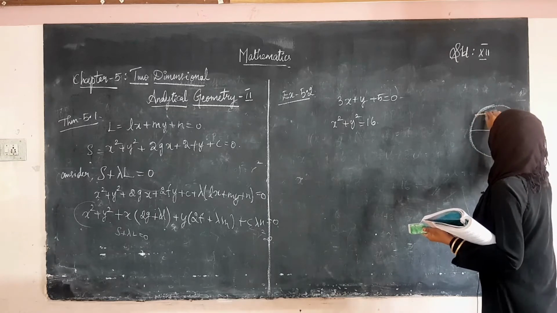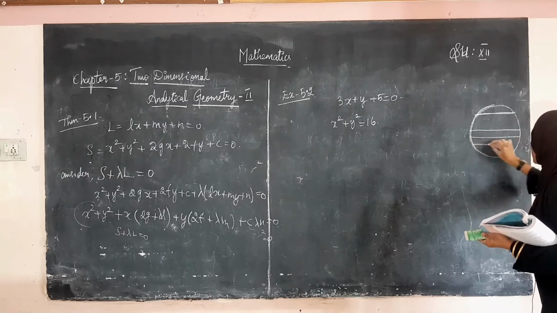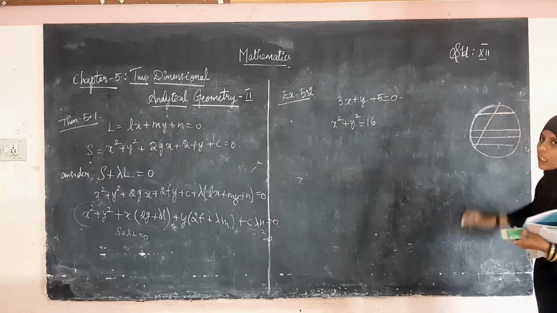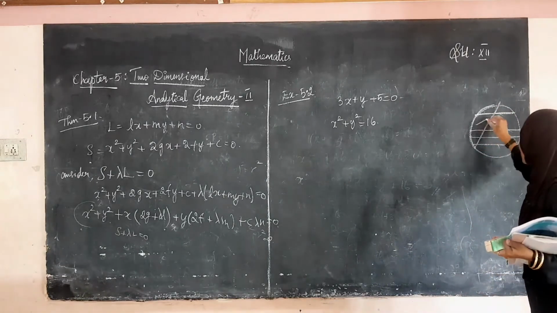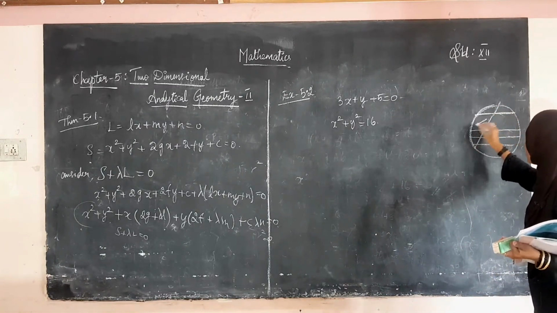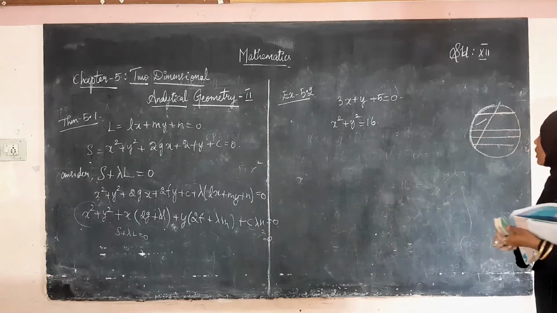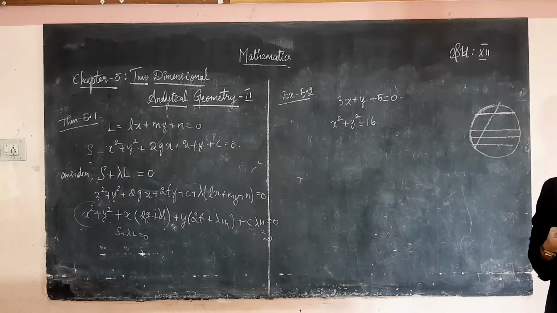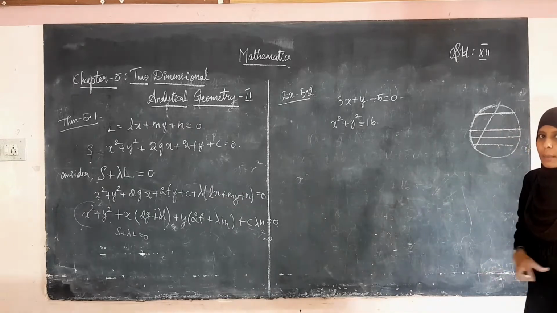That is, if you join two points on this circle, it is said to be a chord. This is a chord, this is a chord, this is a chord, this is also a chord. Okay, a line just inside the circle is not a chord. It should touch both the ends. The line should meet the ends on the circle. Okay, then only you can say. So what is the largest chord in the circle? The largest chord is the diameter.